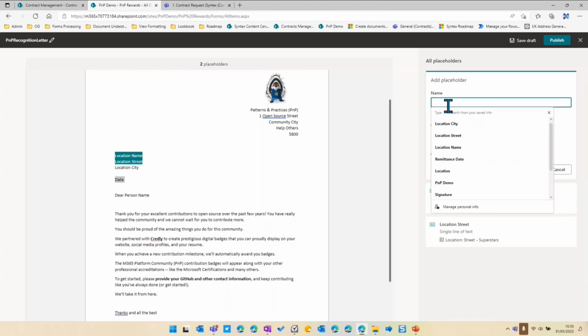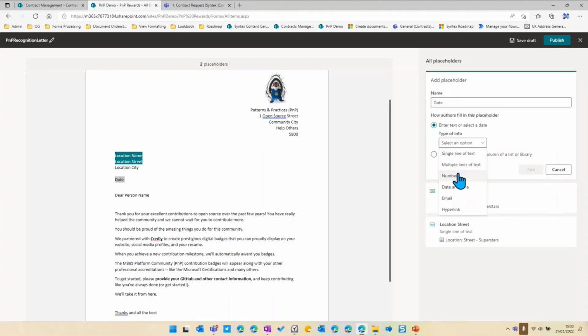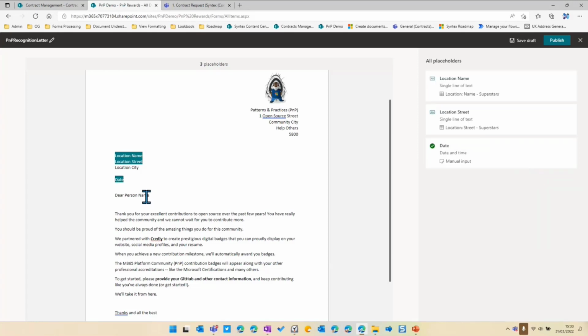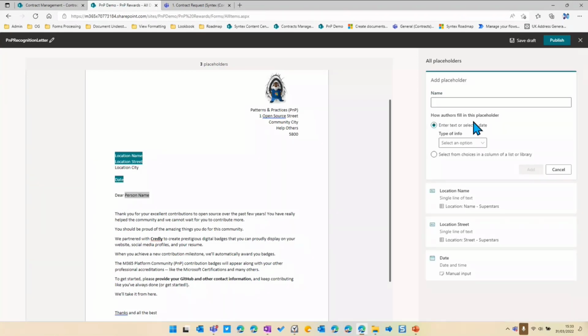You can have manual fields. So we could have it that when the document is generated, we ask them for a date and time. That's what I want to do here. And now I want to ensure that this letter goes to PnP Parker here. So I'm going to call this name